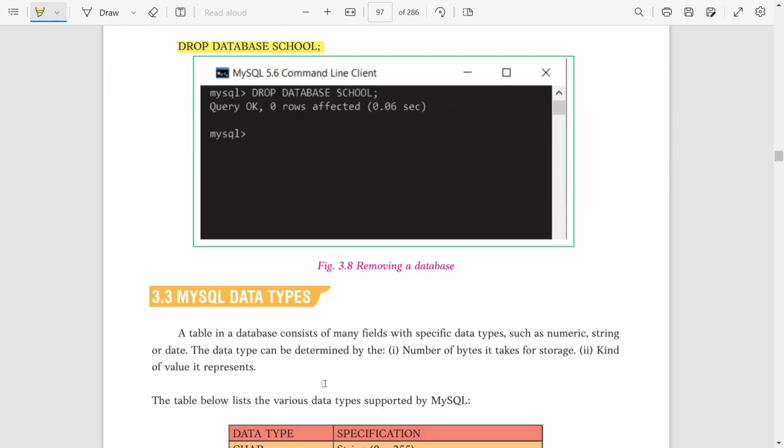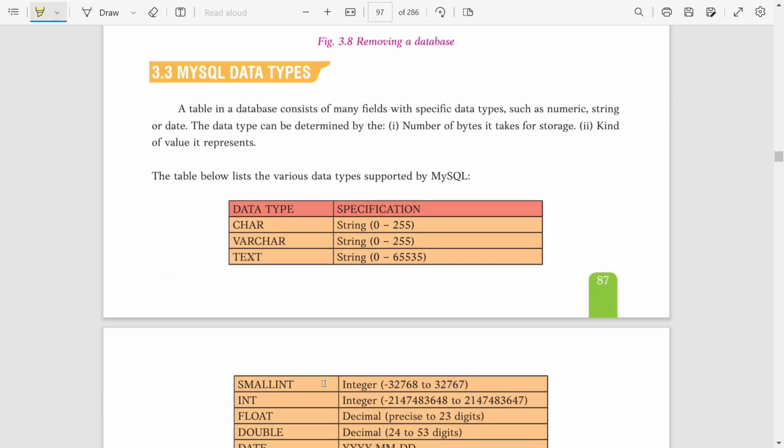After that will come MySQL data types. A table in a database consists of many fields with specific data types, such as numeric, string or date. The data type can be determined. Two questions are already in the exercise. Which points should be followed to determine the type of data?